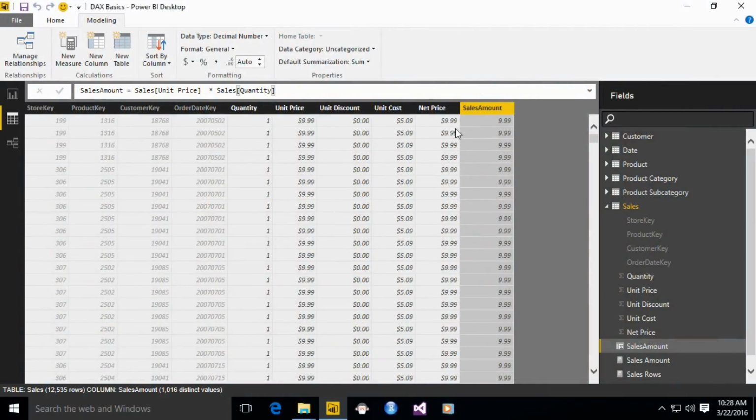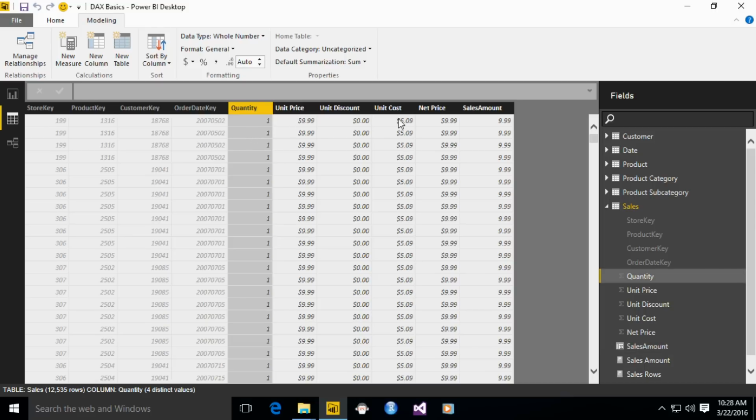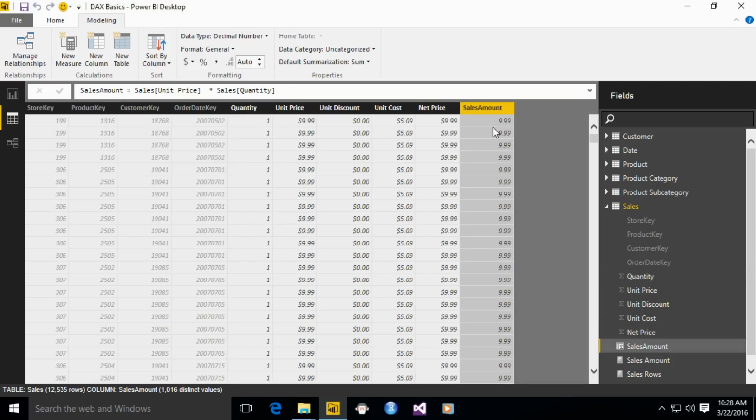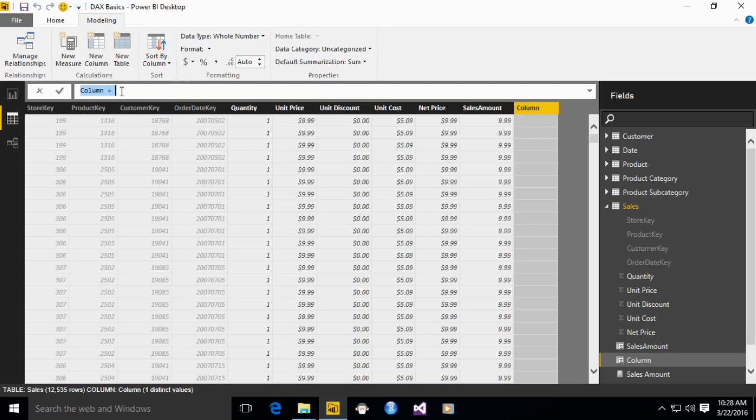Thanks. Now we have the sales amount, and we have the net price. Imagine that we want to compute the gross margin. The gross margin can be computed as another calculated column. So I create a new column, and I call it gross margin,